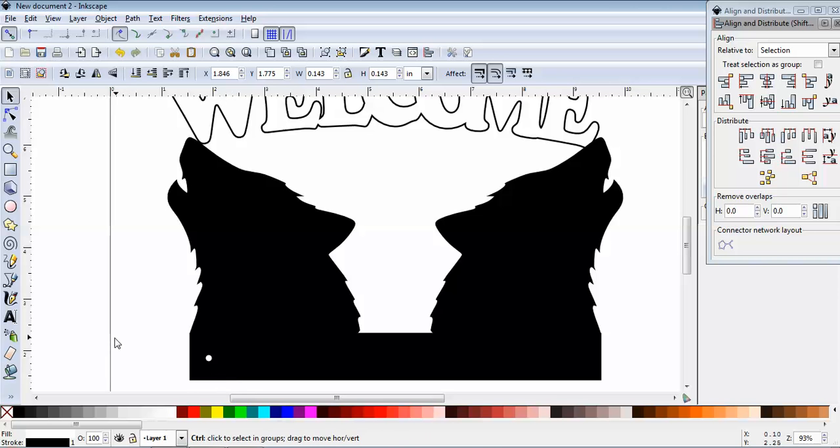Great, we've got a perfectly good white dot. Now we're going to make 4 more. And the reason we're doing these dots is this is where, if we're doing a key rack or a hat rack, we would either put our hooks or dowels. Now one cool thing about Inkscape